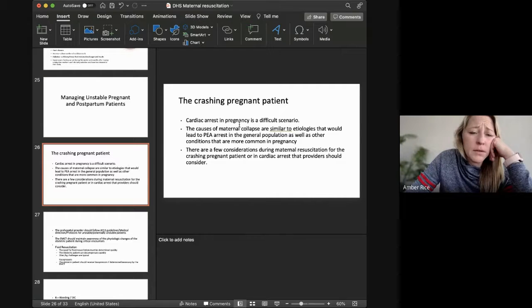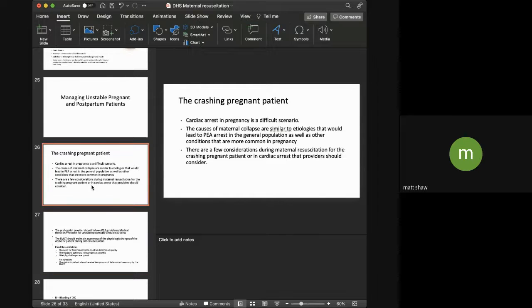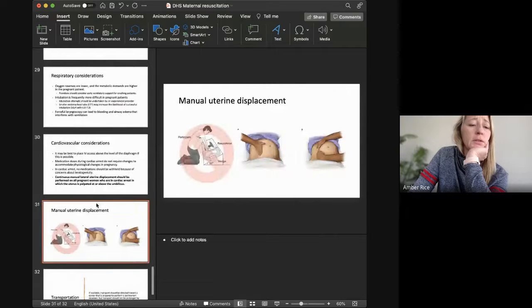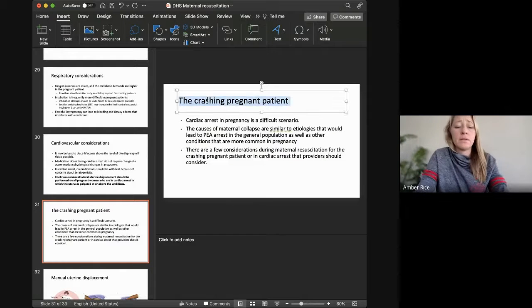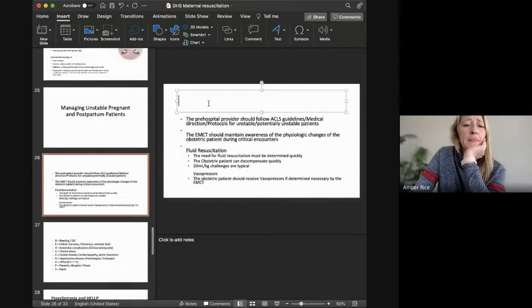Okay. Then we have the crashing pregnant patient. So we talk about cardiac arrest specifically. I think maybe that slide should go farther down. Yeah. Do the other ones first. Okay. Where are we going to put that one? Like right here with this one, maybe? Yeah. Oh, it's going to be different. So now we have, and this is kind of like,